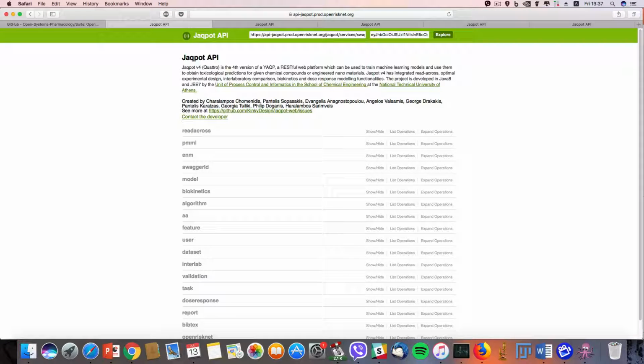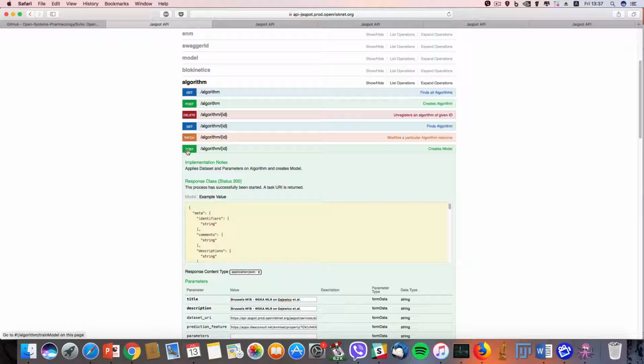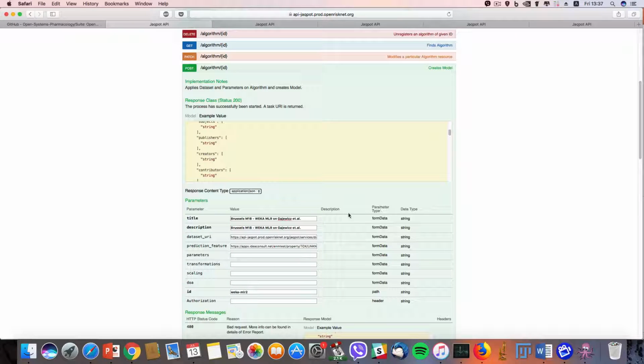Now we will have a brief overview of modeling with the use of the Jaqpot API using the Swagger interface that allows you to see the API's functionality. So first we will implement an algorithm. We'll use the post algorithm ID method, and in order to do that we need to provide a title and description of our choice, a dataset URI, which as you see is